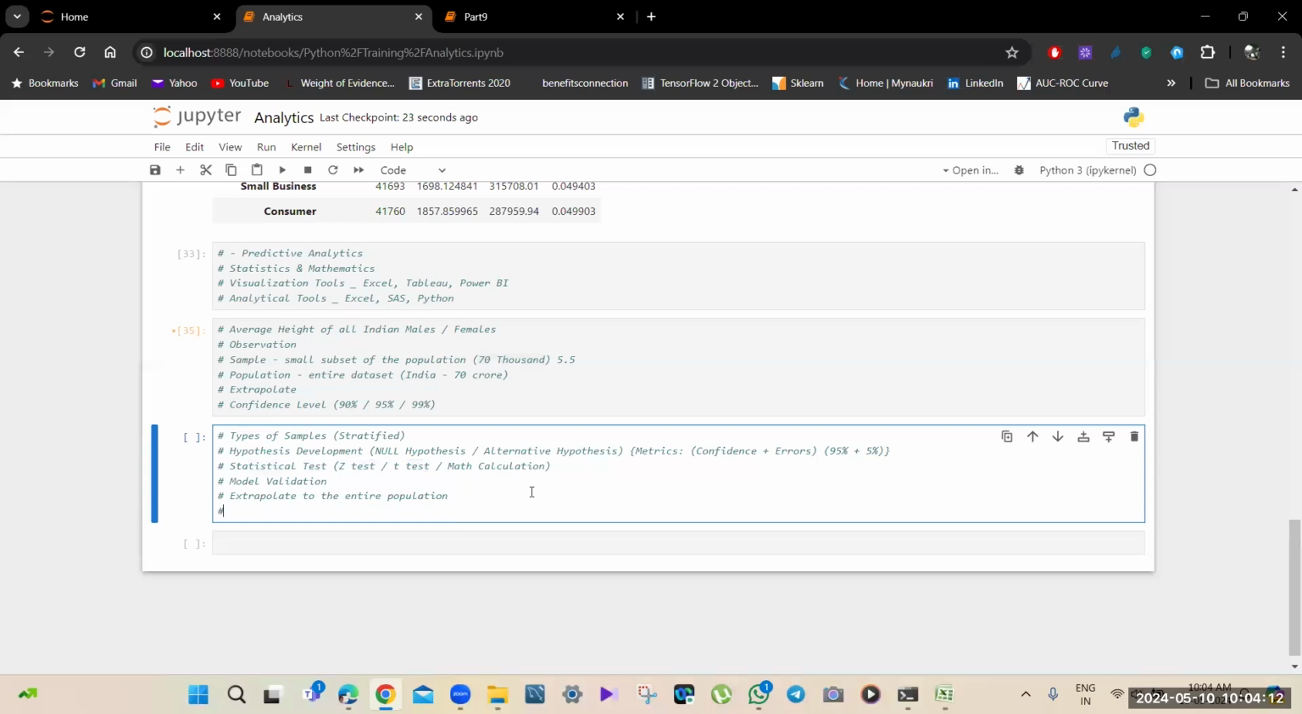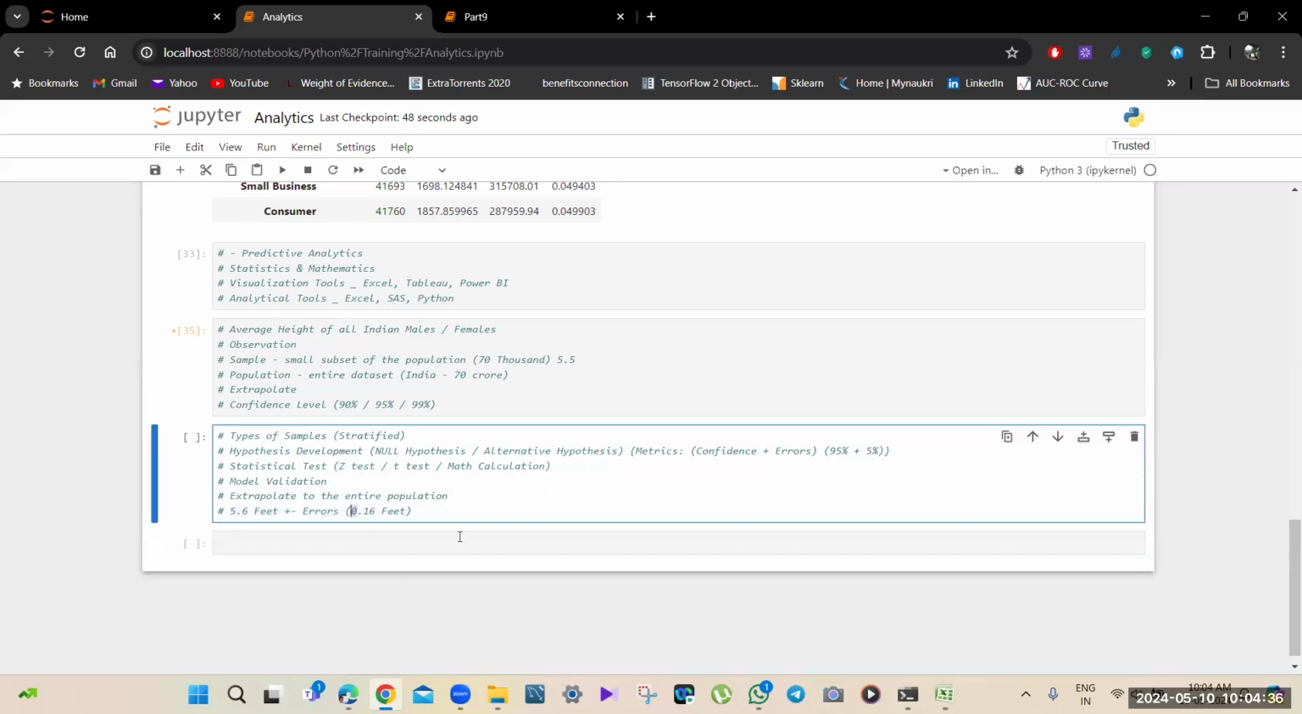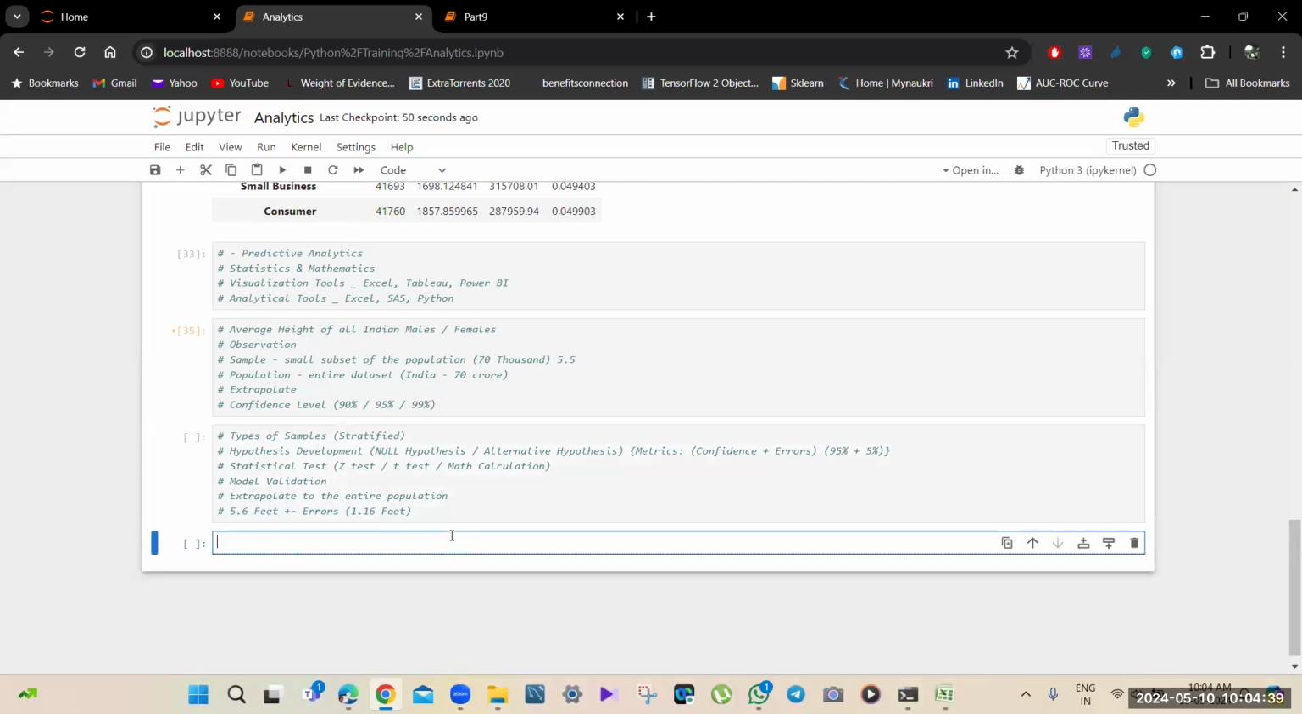This will be your final finding: with 95% confidence, I am sure that the average height of all males in India will be 5.6 feet, plus or minus some error of 0.16. That means the value will range between a particular range. So 5.6 minus 1.16